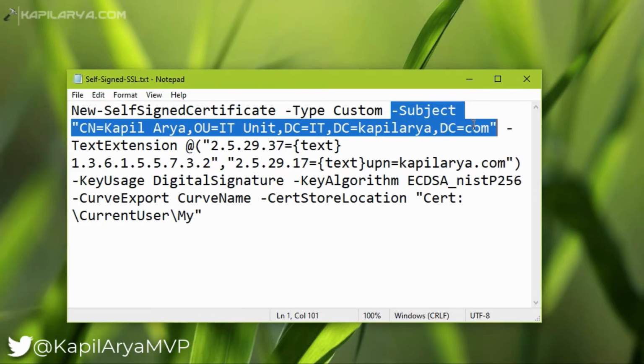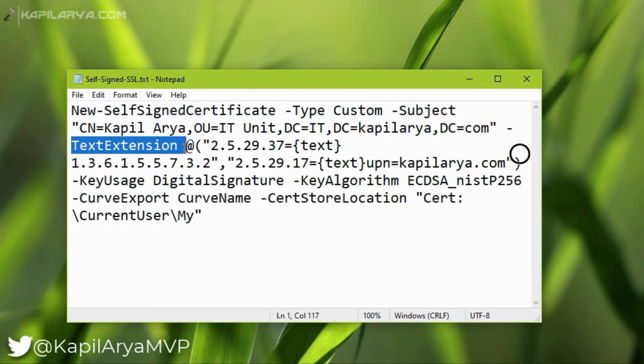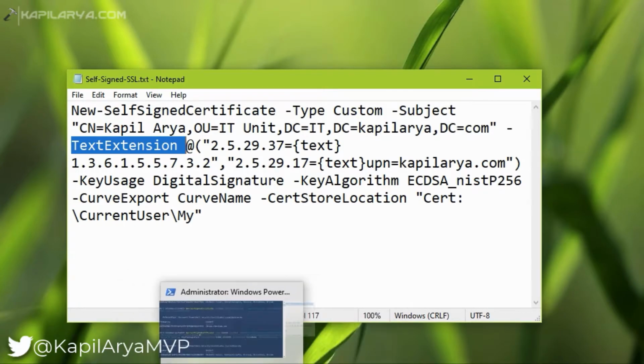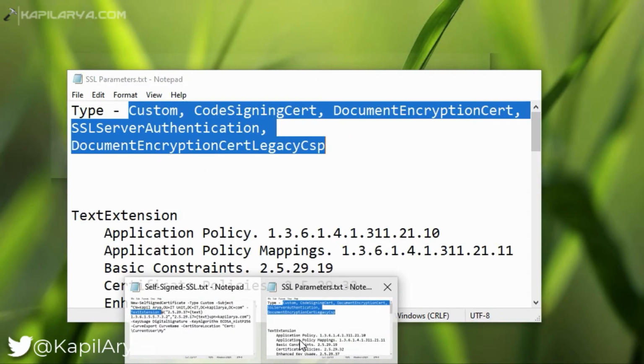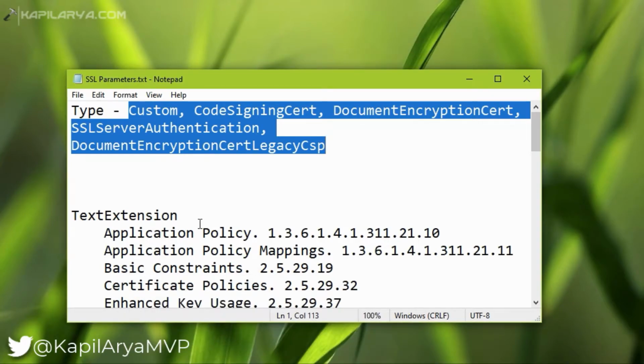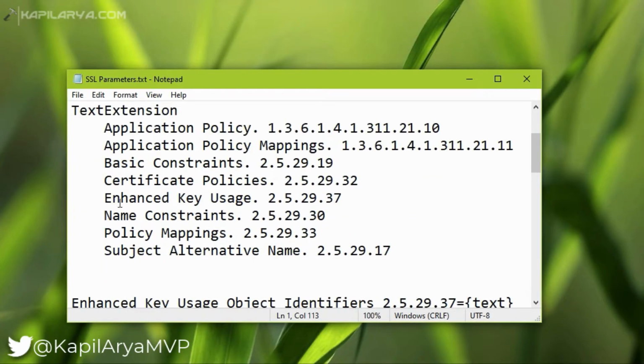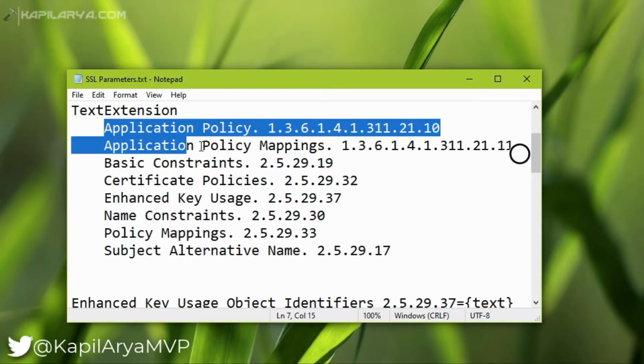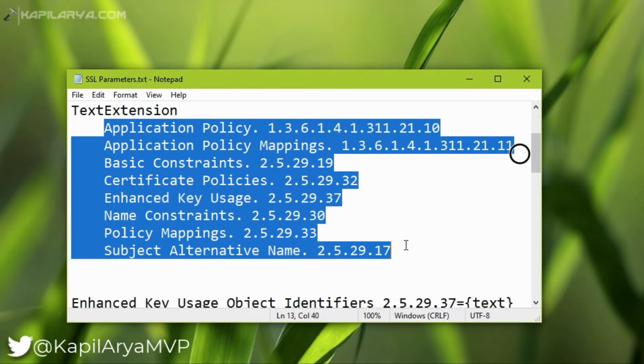Next is the TextExtension, and this can be used to define the uses of the SSL certificate. And basically we can use a TextExtension object identifier, and these are all the object identifiers we can use in our certificate.